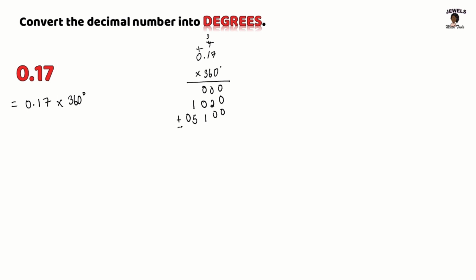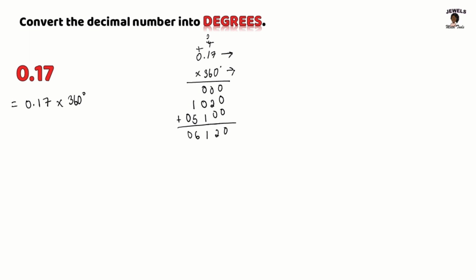So let's sum our numbers together. 0 plus zeros will be 0. 2 plus 0 will give us 2. 1 plus zeros will give us 1. 1 plus 5 is 6, and you can bring down the 0 or leave it off. It's your choice. So now to add in our decimal point, let's go back to our numbers, counting how many